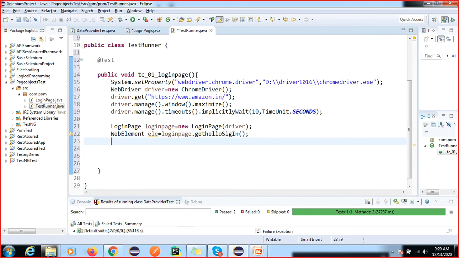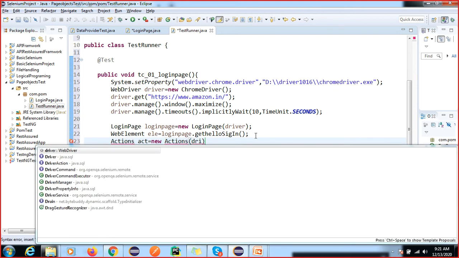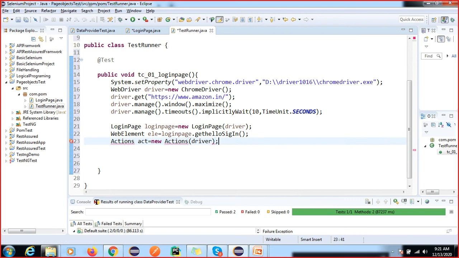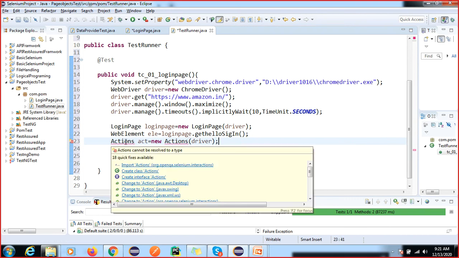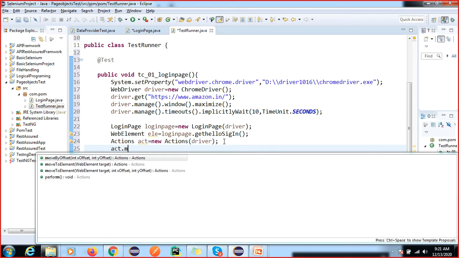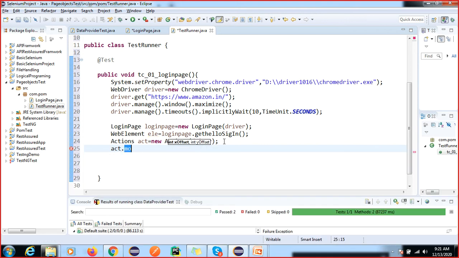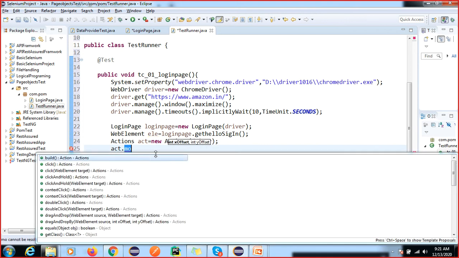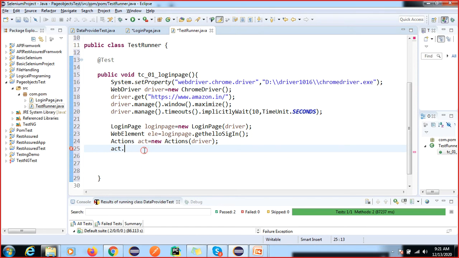If you remember, action class act equal to new action class. Again you have to pass your driver, right? Action class is also an independent class. If you do not pass the driver, it will not work. Now act dot move to element, move to element.